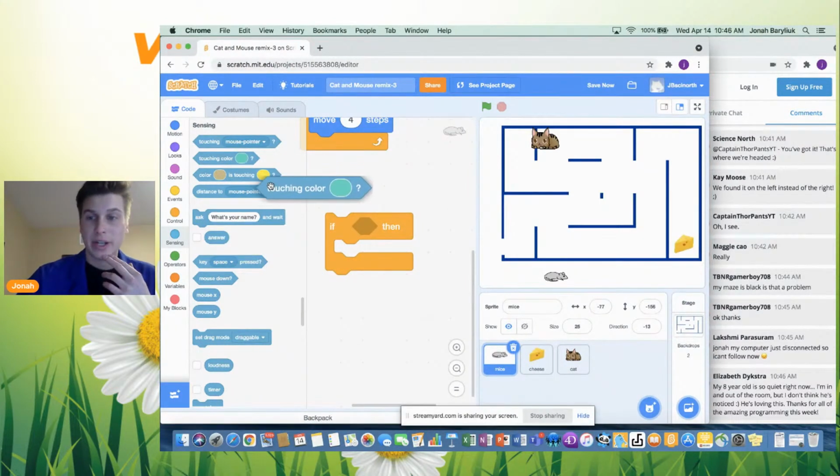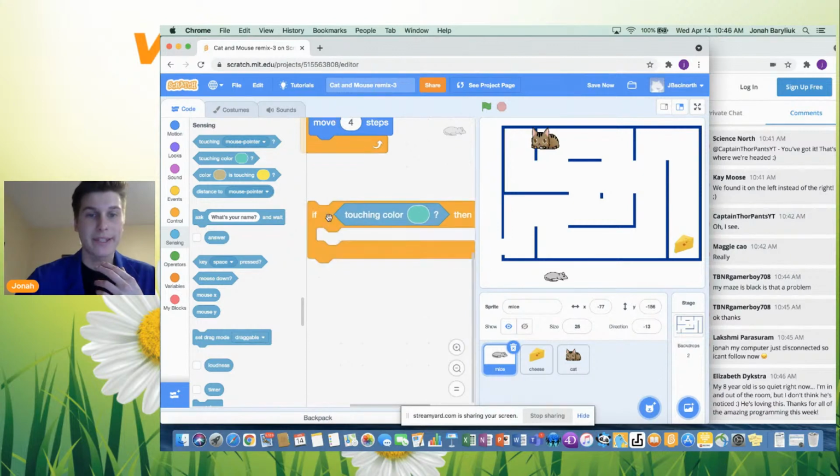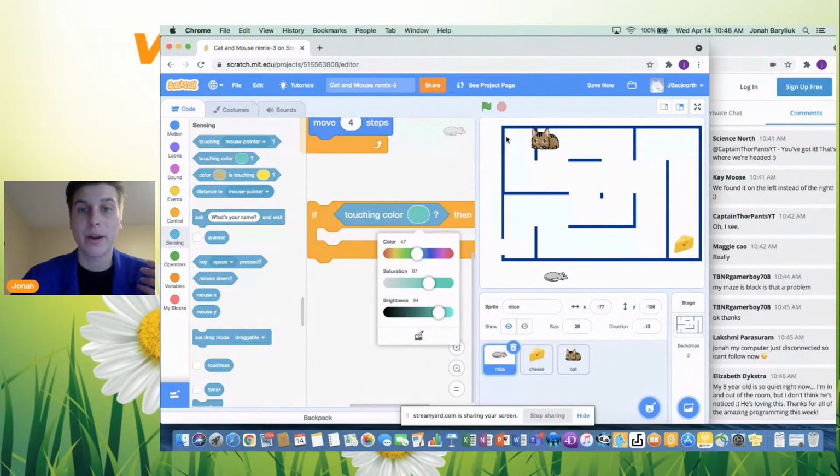So we want to grab touching color, insert that in our if statement. All right, so now it says if touching this, whatever color, you guys might have different colors than mine right now, then do what? So what we need to do is set this color to our maze